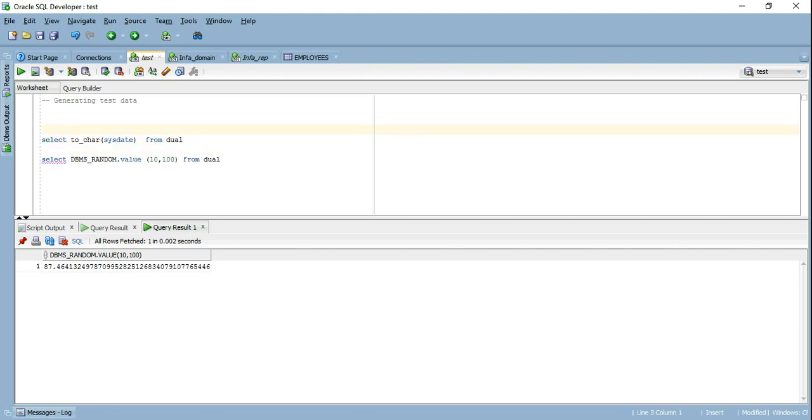So the first thing that we discussed is the dual table. The second thing we discussed is DBMS_RANDOM package. The third thing, in fact we have not discussed that as of now, but before we go there, right now we generated decimal. Let's see if this can generate strings as well.